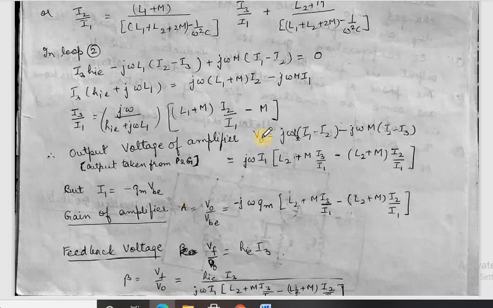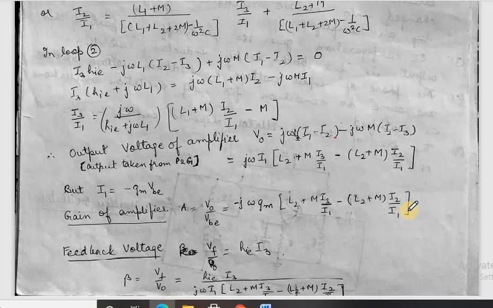Now with the knowledge of all the above equations, first of all we'll be finding the gain of the amplifier. The gain of the amplifier is capital A, and it is output voltage upon input voltage. Input voltage will be VBE. So V0 upon VBE. Putting the value of V0 and VBE from this equation, we'll write it somewhat like this. Next, for Barkhausen criteria we also need beta.